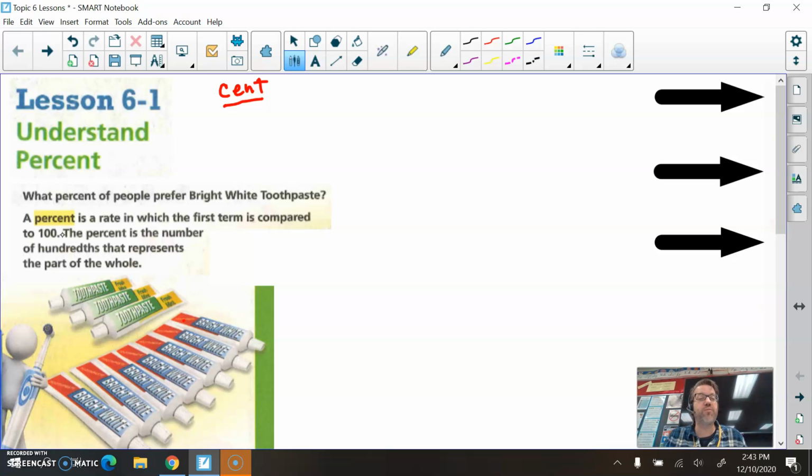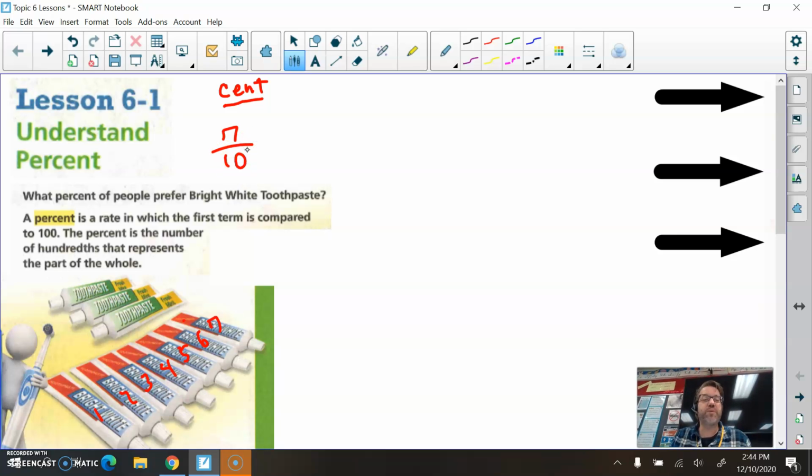And here I have an example with some different types of toothpaste. What percent of people prefer bright white toothpaste over other brands? So I'm looking here in this picture, and I see I have 3 tubes that are green, and then I have these other tubes that all say bright white, and we have 1, 2, 3, 4, 5, 6, and 7 tubes here of the bright white toothpaste. So what percent of the people prefer bright white toothpaste? As you can see, we have 7 out of a total of 10 tubes